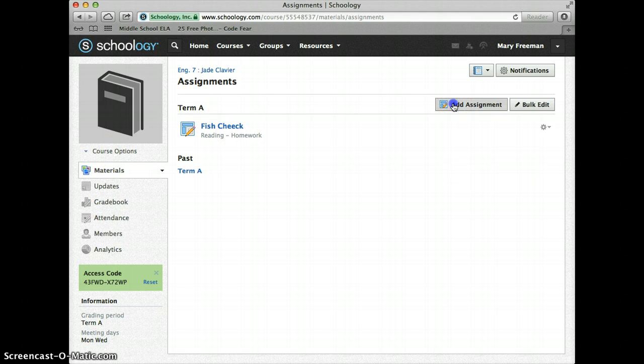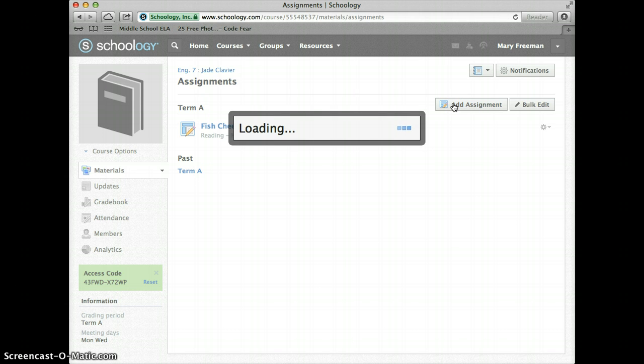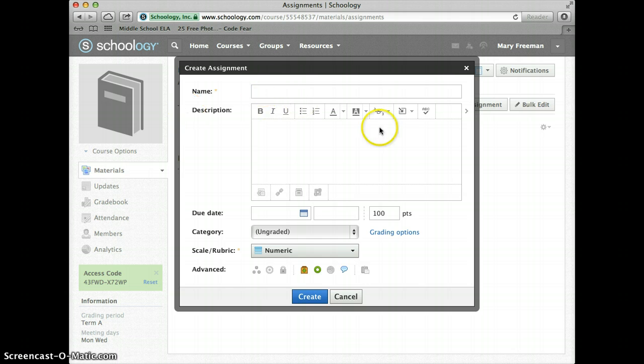So go ahead and click on Add Assignment if you want to add a new assignment, and a new box will pop up. You can put in the name of the assignment. So let's say we're doing Ender's Game reading questions. And then here you can put a description of the question or of the homework assignment. If you're doing bookwork, you could put,